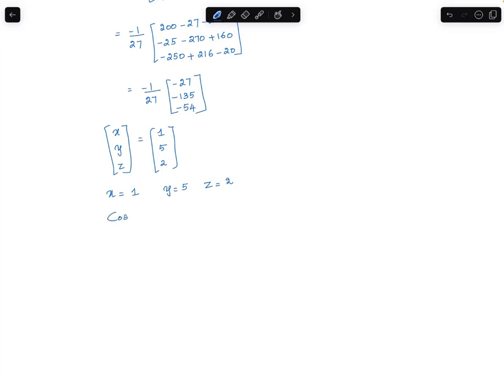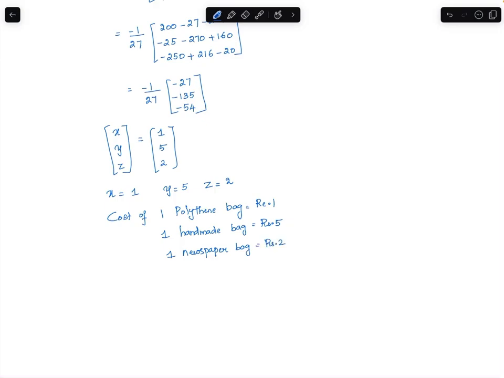That is, cost of one polythene bag is equal to rupee 1. Cost of one handmade bag is equal to rupees 5, and cost of one newspaper bag is equal to